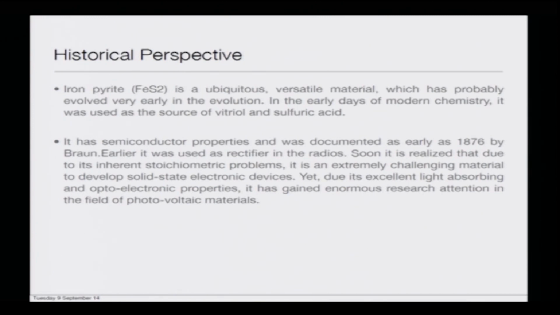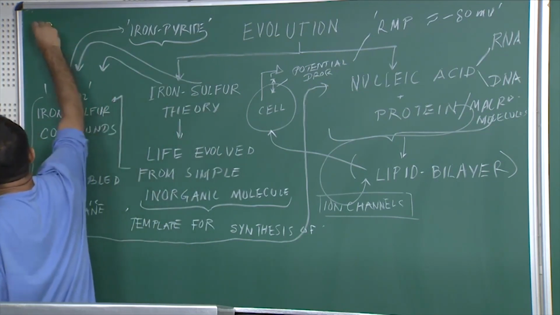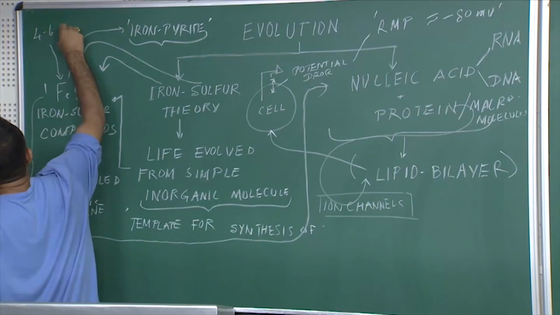So, it is a ubiquitous molecule, a versatile material which probably evolved very, very early in the evolution. What we assume is when these molecules evolved, this was at least 4 to 6